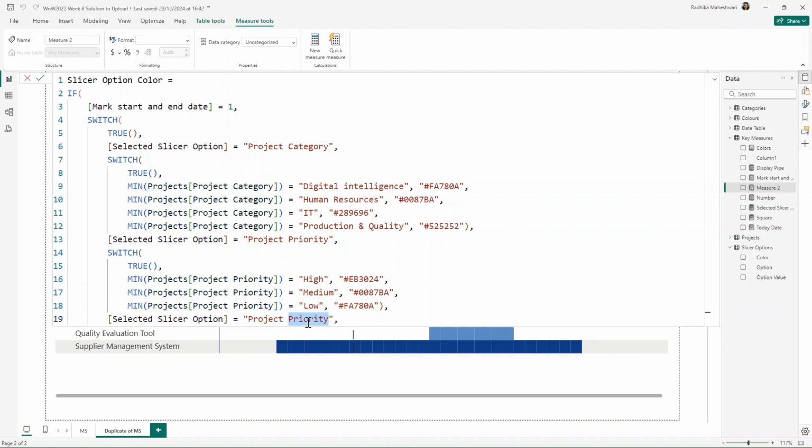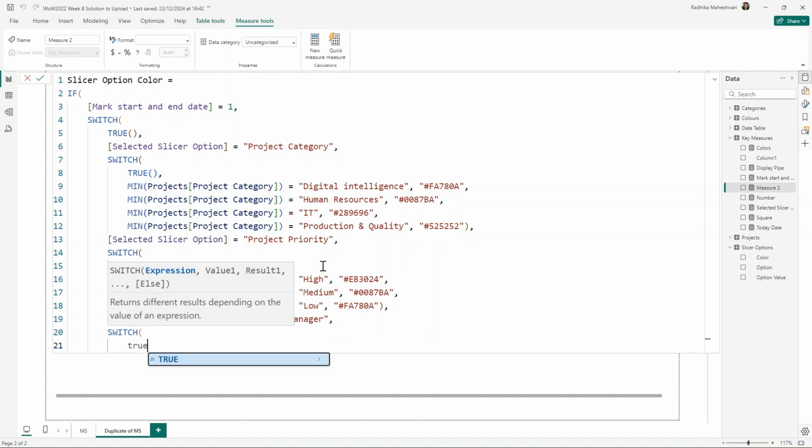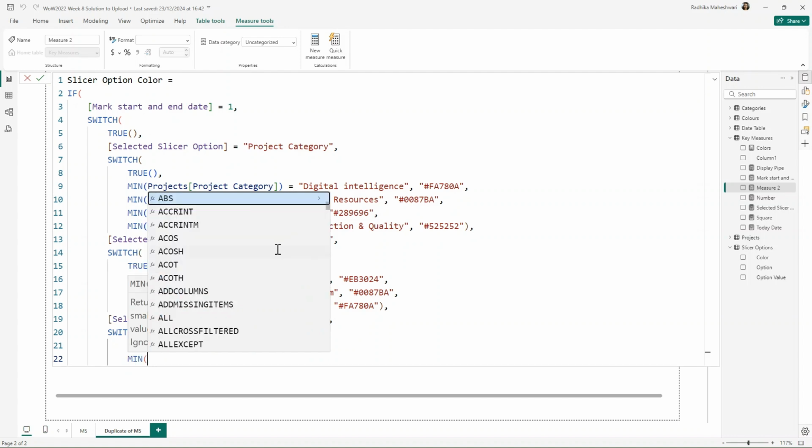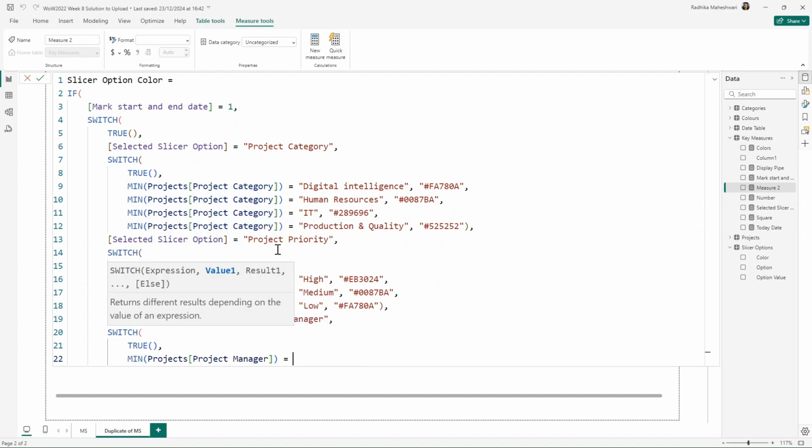and this time the project manager, so the slicer option is project manager, and then we are again going to start switch, true, and give the manager options. So when the minimum of project manager is equal to, and we're going to give the project manager name.